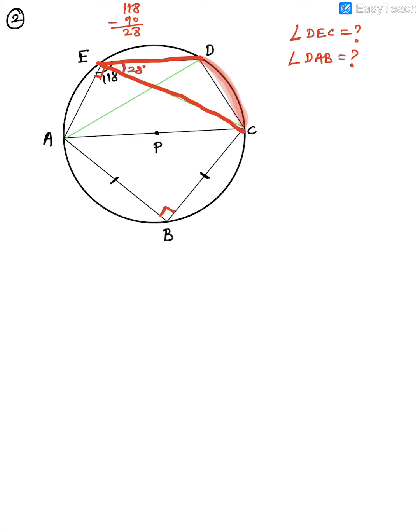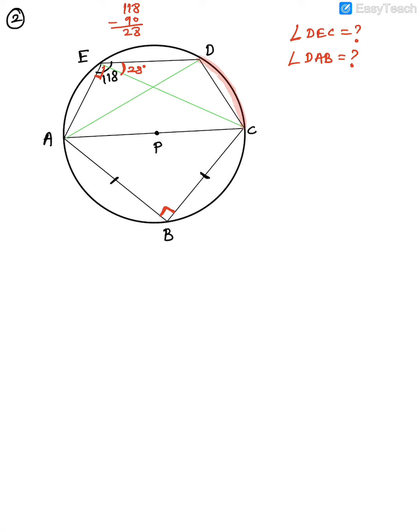Now if you notice, there is one more angle which is opposite arc DC, that is this angle DAC. So in this same arc DC, there are two angles involved. One is what? DEC here, and one is what? DAC, this angle. As I said, it may take you some time to get a hang of it, but yes, you'll get it. So don't panic. If you're getting confused, pause it, watch it again.